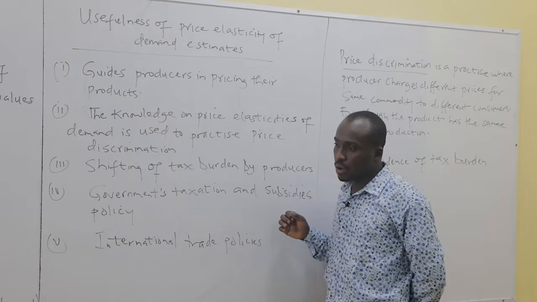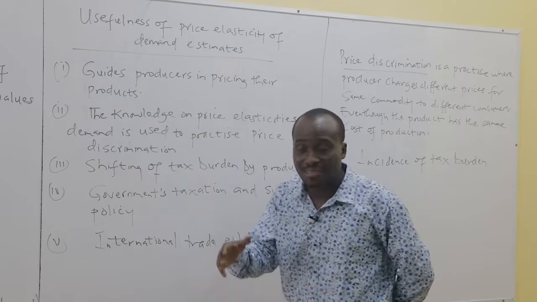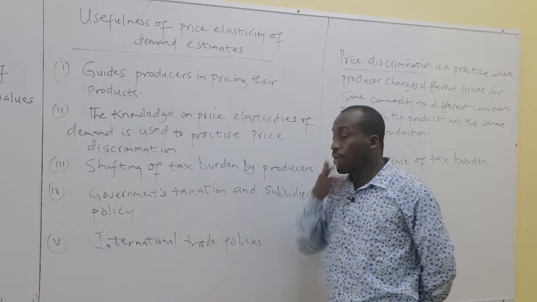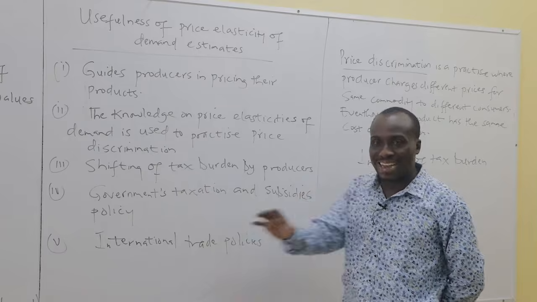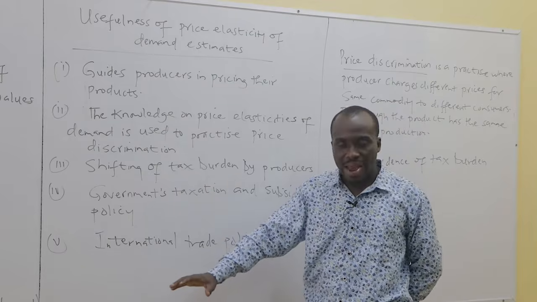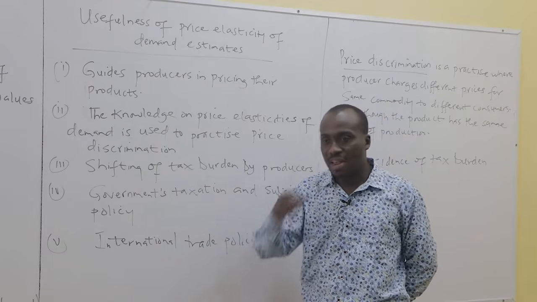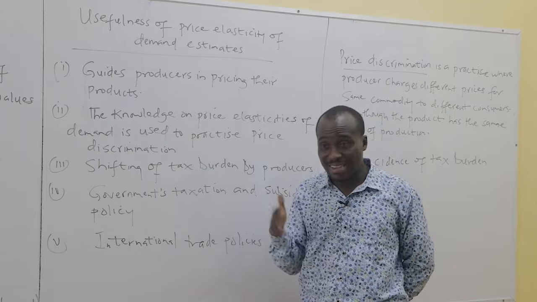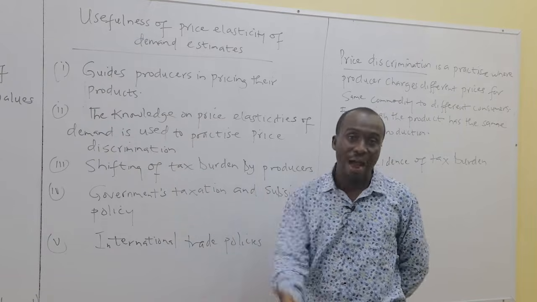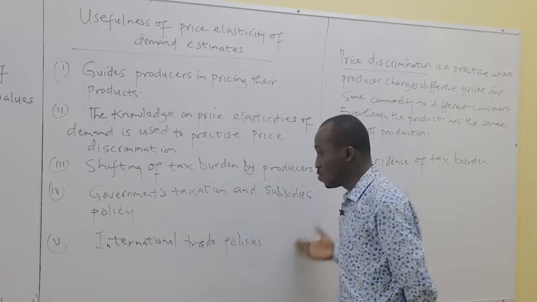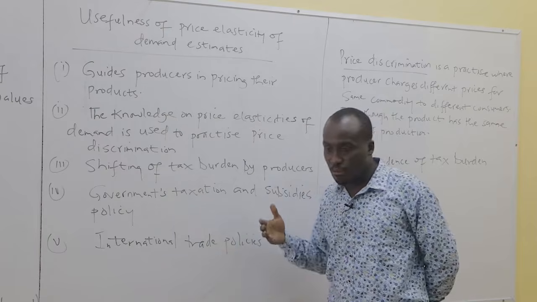Let me give more subsidy to goods that have elastic demand. Government can give more subsidy to goods that have elastic demand. Why? Because government thinks these are goods that are demanded by people. When the price changes a bit, they will stop. So if I bring the price down, they will buy. So government can give more subsidy to goods that have elastic demand, because when the price goes down, they will